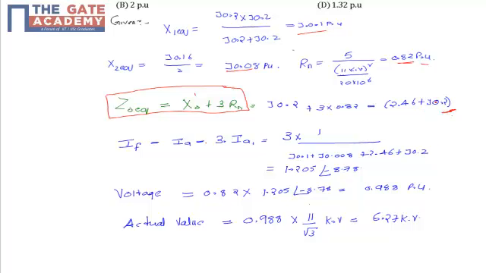So I have calculated the value of Z0. Then we can find the value of IF, which is equal to IA, equal to 3 into IA1. The value of IA1 is 1 divided by the total, that is j0.1 plus j0.08 plus Z0, which is 2.46 plus j0.2. After solving, we get IA as 1.205 angle of